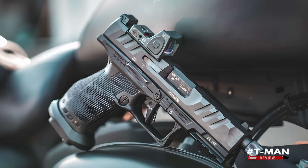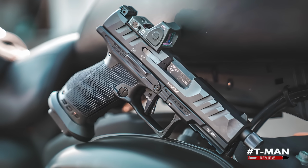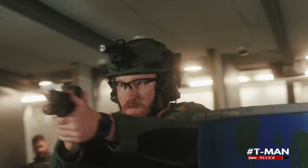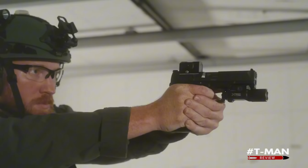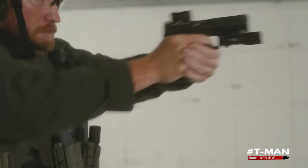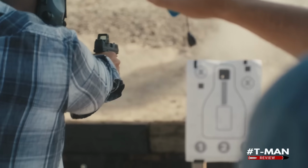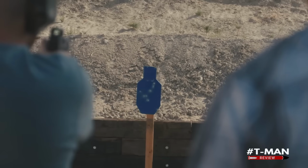But what really sets the PDP Compact apart is its modularity. Walther designed the PDP line to be versatile, allowing you to swap out slides and frames to fit your preferences or mission requirements. Different barrel lengths, grip sizes, you name it, this platform has it covered. As we head into 2025, the Walther PDP Compact remains one of my top recommendations for anyone looking for a concealed carry pistol that's reliable,